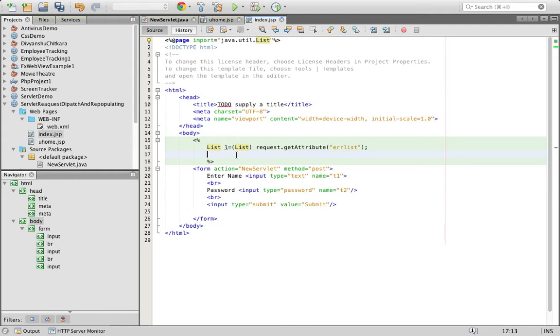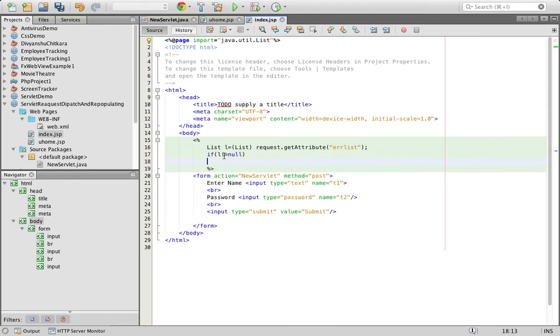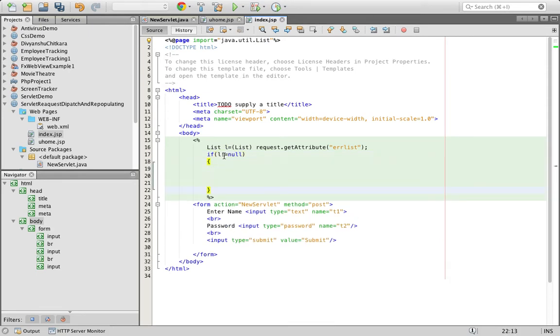So first, because this is my home page, it will also run the first time and the list will be null for the very first time. So this is mandatory. I'll have to use a condition: list is not null. If the list is null, then how can I retrieve errors from that? This is mandatory. The second thing is that now you can use a loop to retrieve information from the list, because